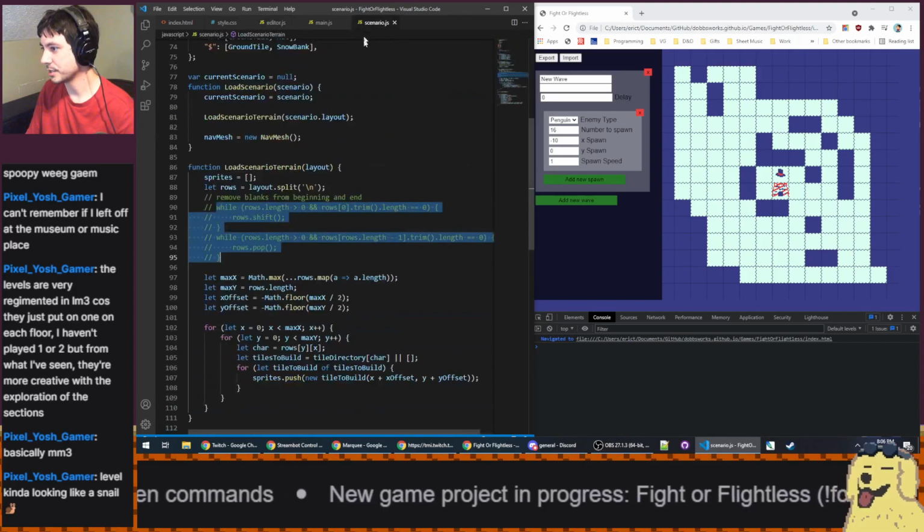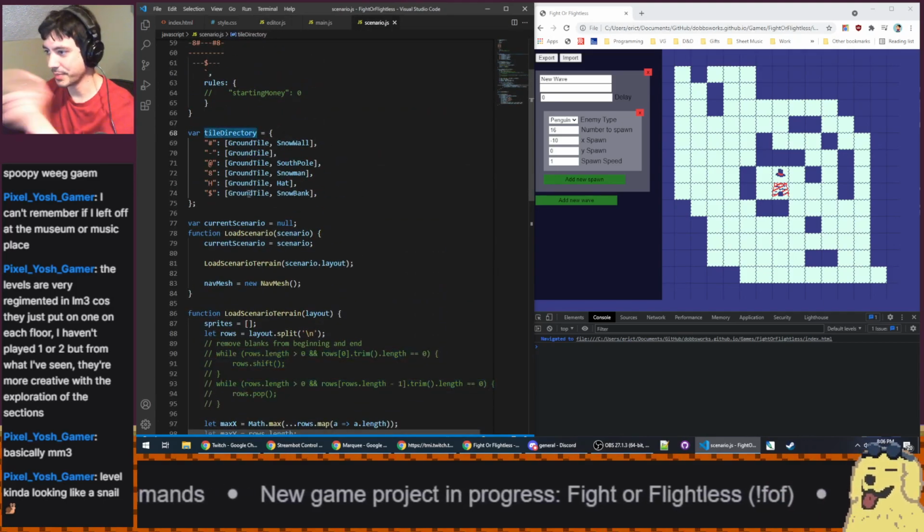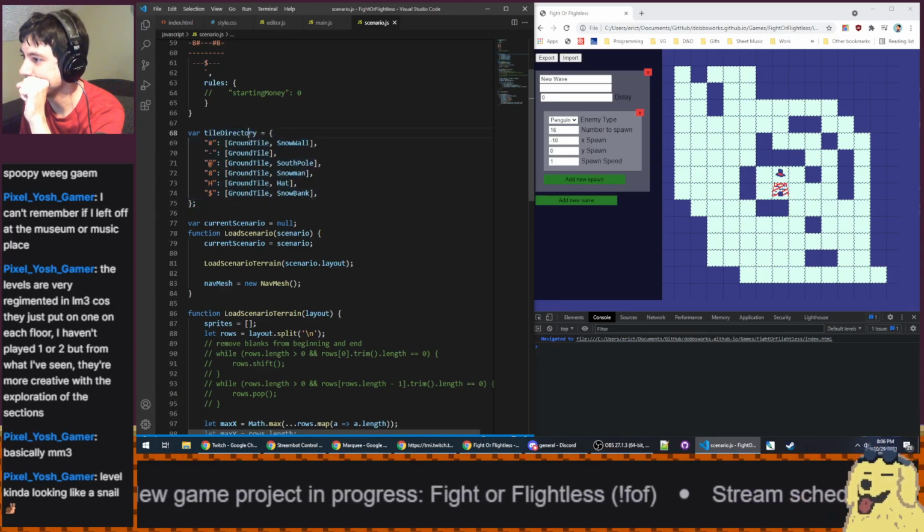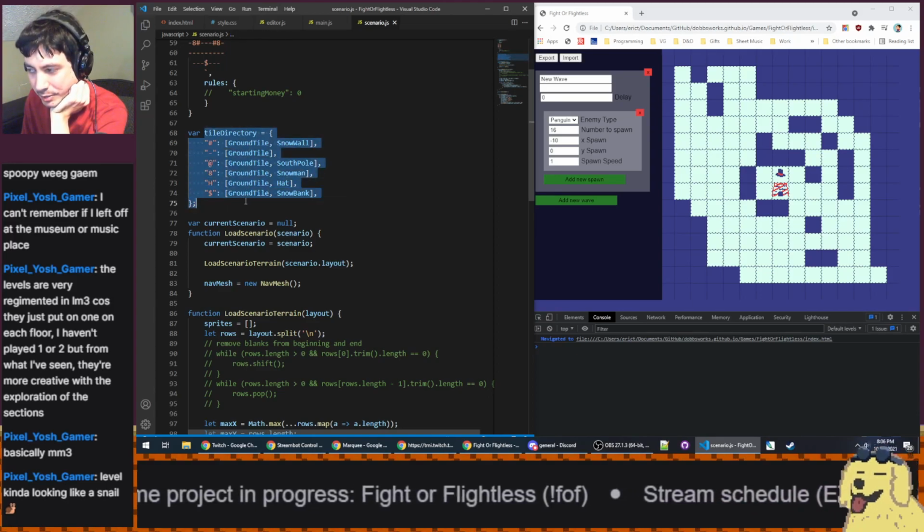So where's our list of different... Here's our tile directory. That's what we need. Ooh. Okay, tile directory might need to be made a little bit more...